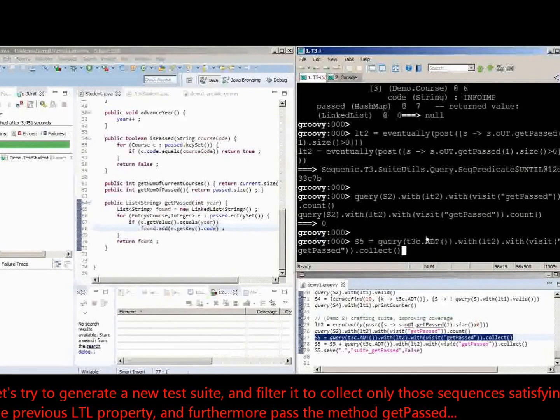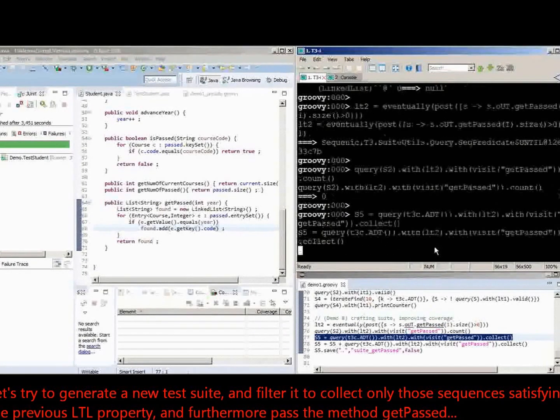Now after generating this, I'm going to apply filtering. And so what I do here, I'm going to query with exactly this predicate here. So give me all the sequences that call getPassed and also satisfy the formula L21, L22, and then collect those sequences. Now only give me those sequences, and then call the resulting test suite S5. So if you do that,